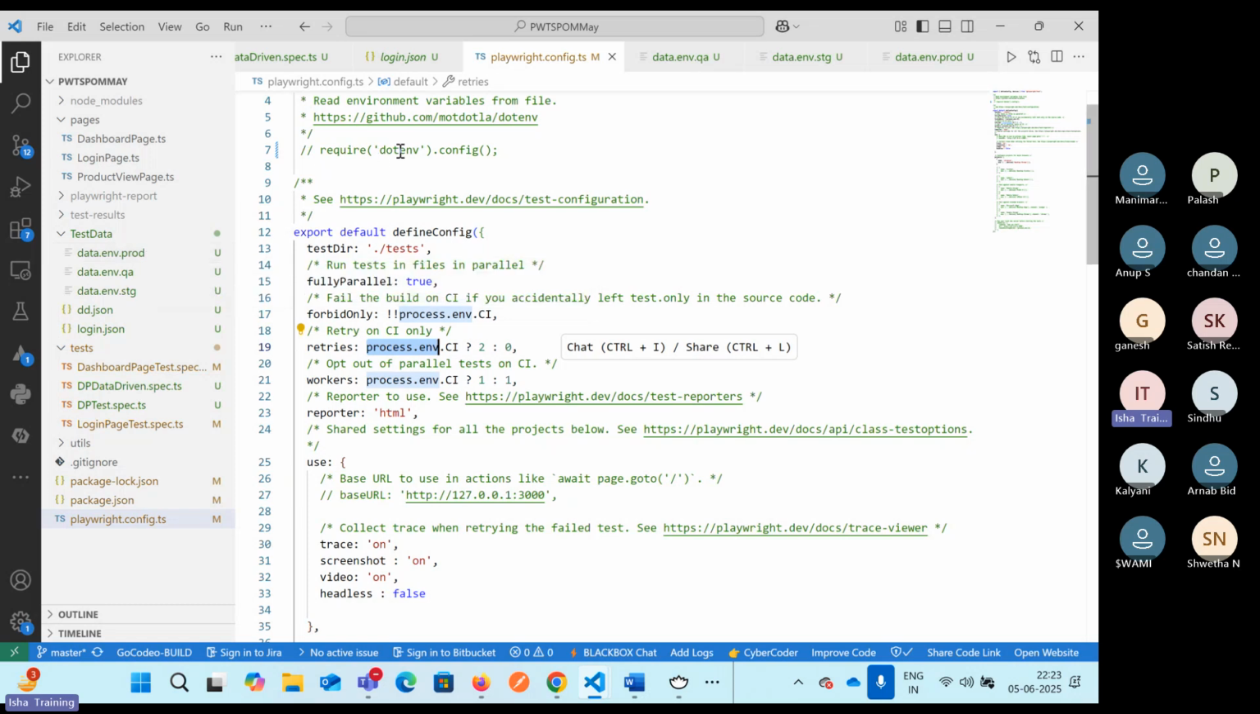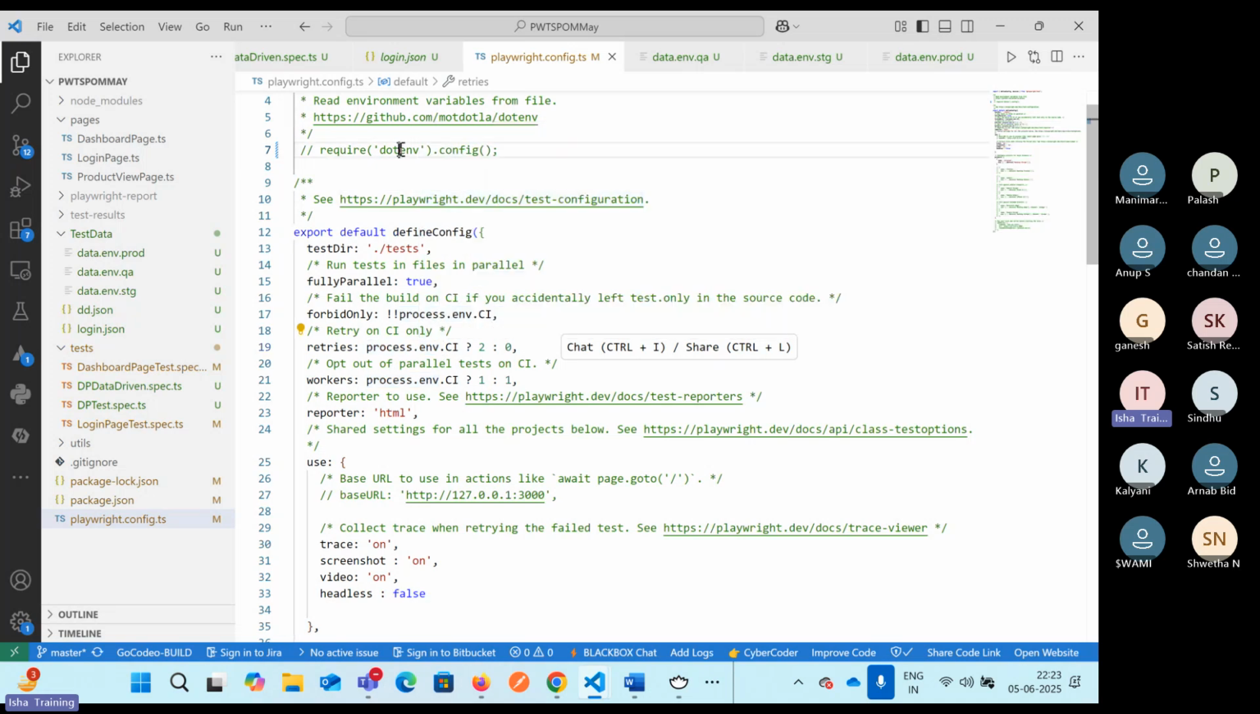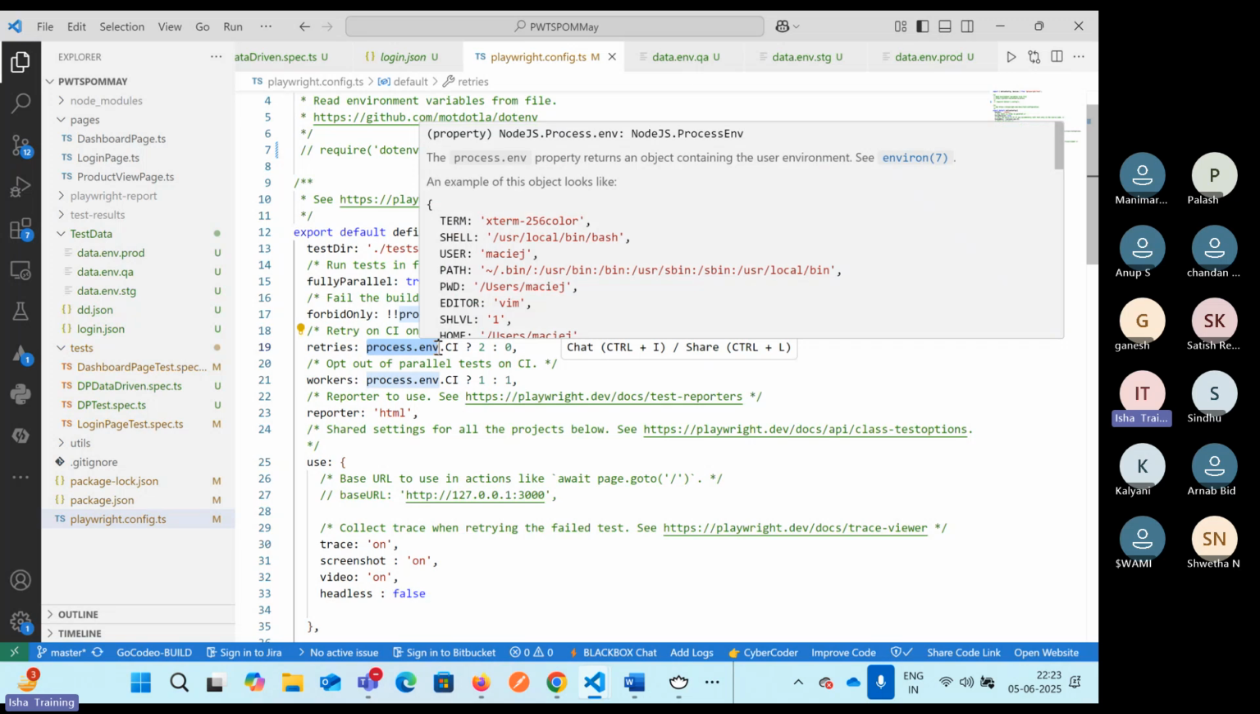So .env is a package available inside Node.js, which will help us in loading the data available inside our framework or project using a .env extension. Process.env is a global object available inside Node.js, which will help us in getting the environment data from the file. This .env will help us in loading. This process.env will help us in getting the data one by one. Okay,